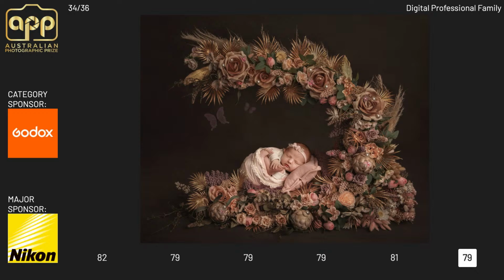Thank you, judges. We have a score of 79. And Emily, can I get a comment from you, please? The posing is spot on, the toning is beautiful. I love the way Bub is holding that little foot. That's very, very special. I think some of the elements that have been added are lacking realism for me, which didn't bring me up a little bit higher, but definitely solid. Well done. Thank you. Next image, please.